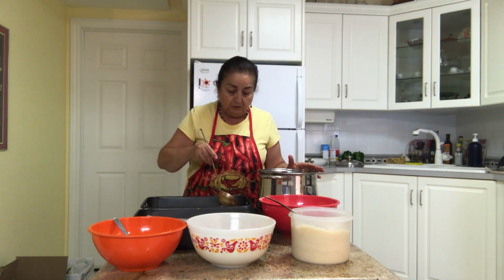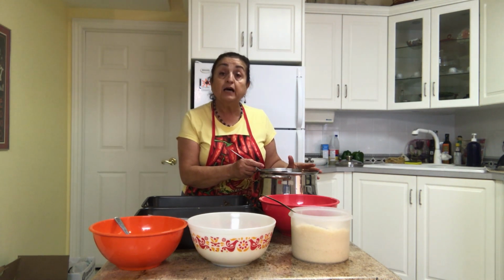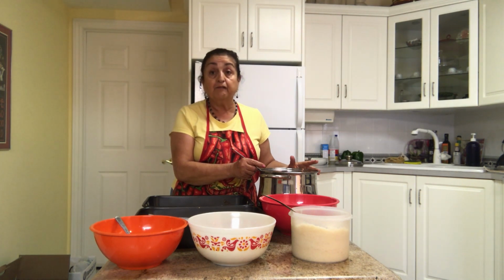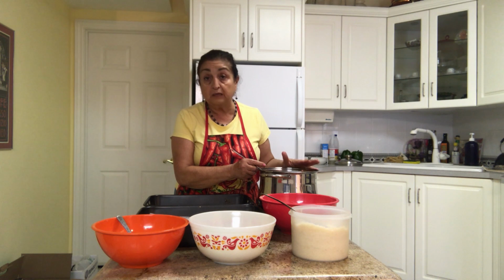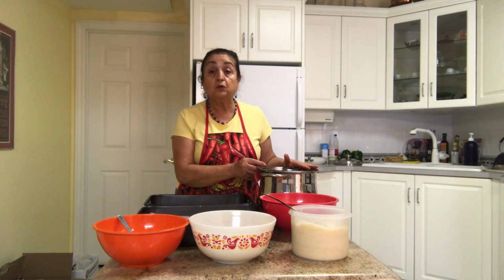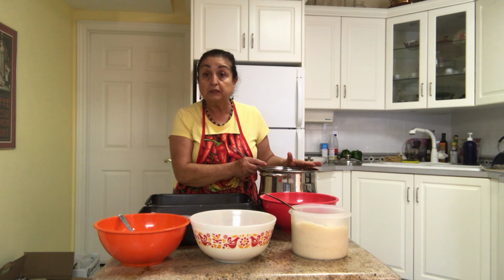So I'm going to be doing 2 more layers like this. My eggplant Parmesan has 4 layers. I'm going to finish that, and then I will put it in the oven at 375 for 1 hour. Keeping an eye on it. If it seems to be cooking fast, because oven temperatures sometimes are different from household to household, I will turn down the oven to 300 if it looks like it's cooking too quickly, and